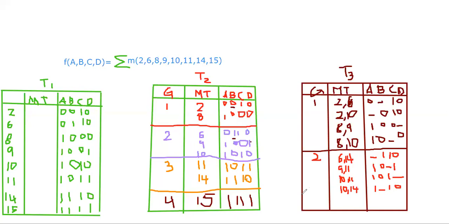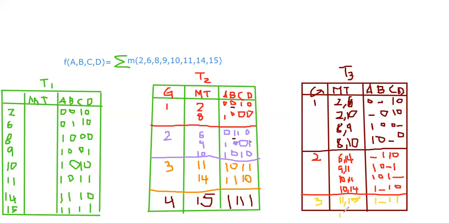So second grouping is done. So I'll take the third grouping. Okay, I'll compare 11 and 15. So there is one difference at bit position D. So I will group 11 and 15. So the change is at bit position B, so it will become 1 dash 1 1. So if I compare 14 and 15, there is a bit position change in D, so I will write it